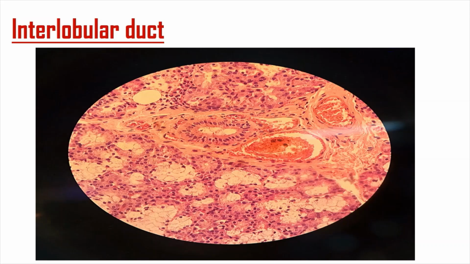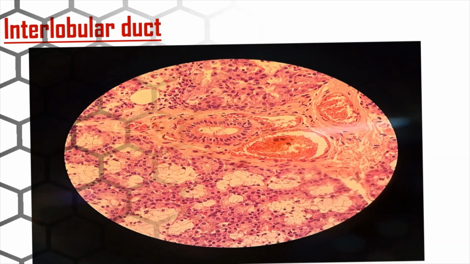So how do I know this is an interlobular duct? Because surrounding it here is connective tissue. There's connective tissue between lobules. So this is a lobule here. This is a lobule here. And this is another lobule. These two lobules are separated by this connective tissue, and in the connective tissue you find ducts which are interlobular ducts. All right,